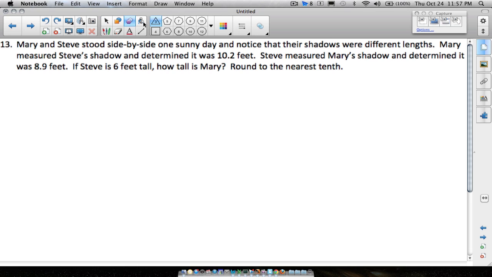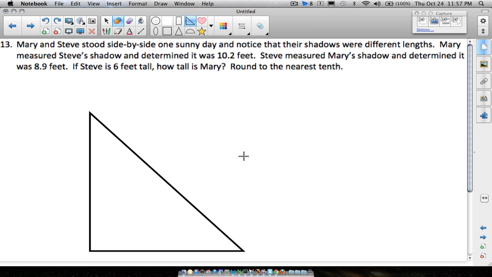What we're doing here, and I'm not going to get too elaborate on this, but we got similar triangles. We got some...